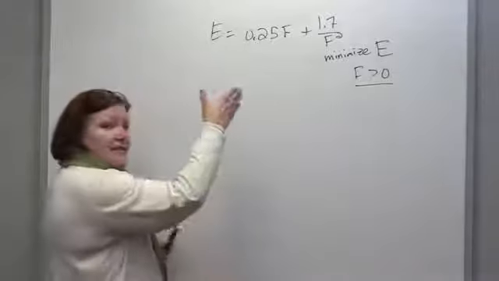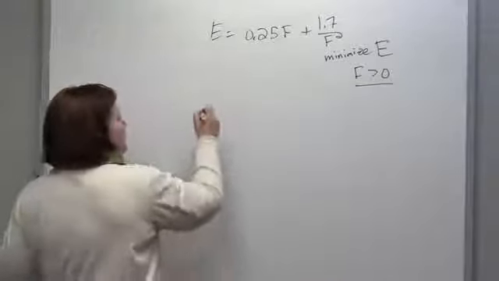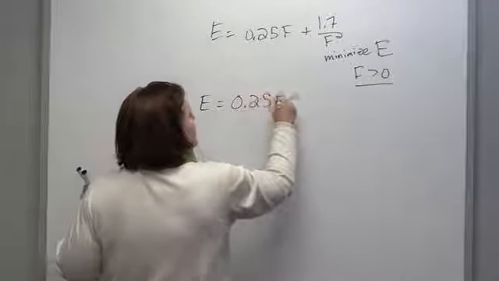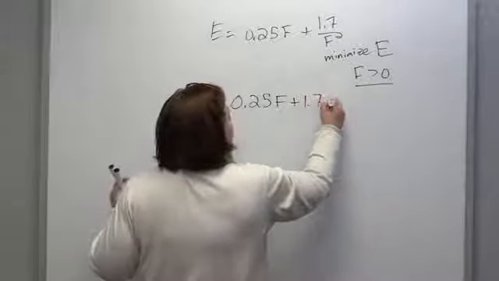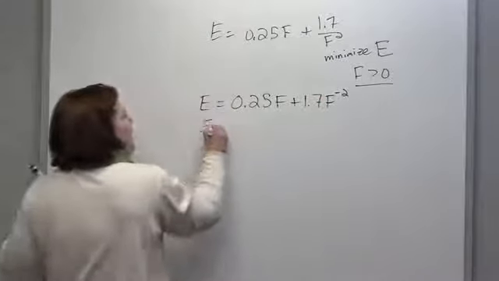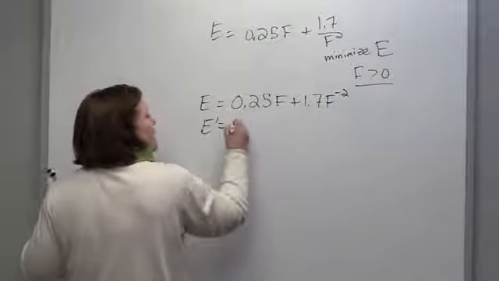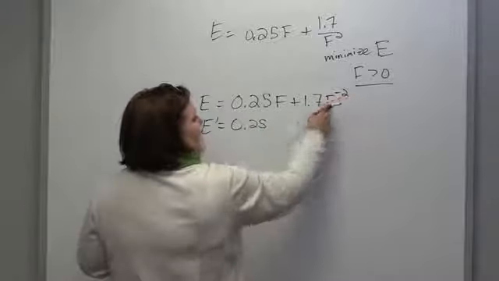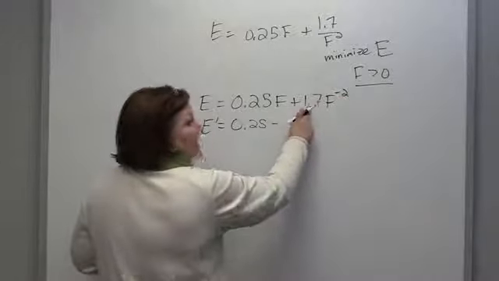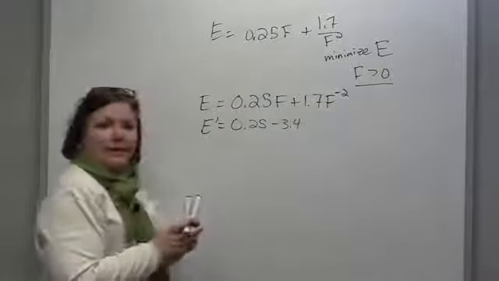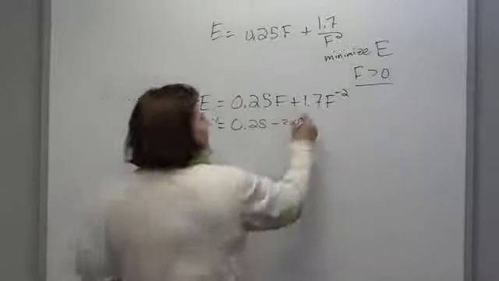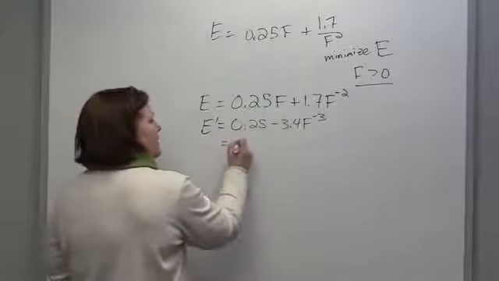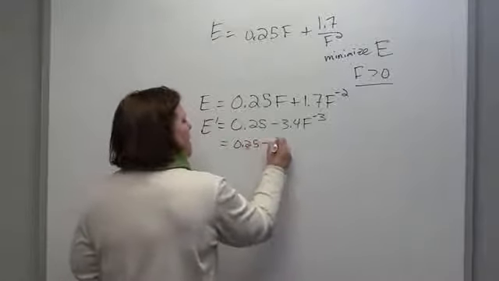Whenever you're asked to maximize or minimize something, we need to find the derivative. And in order to do this, it might be easier to rewrite this, and then find the derivative. I'll do it fairly quickly: 0.25, and then we'd have minus 2 times 1.7, which I'll write as minus 3.4, F to the negative 3. And I'm going to rewrite this back in fraction form,